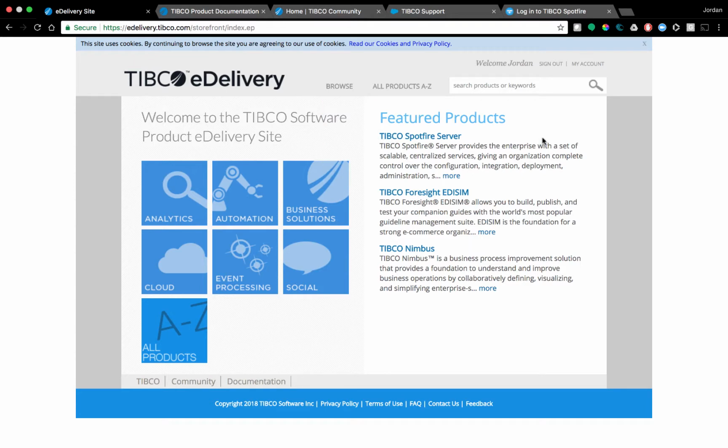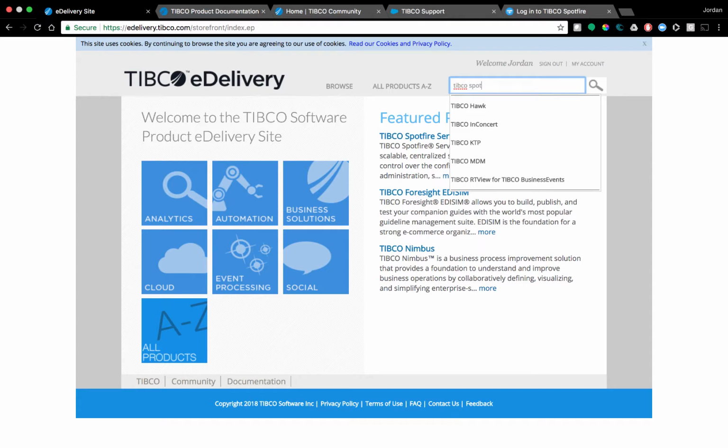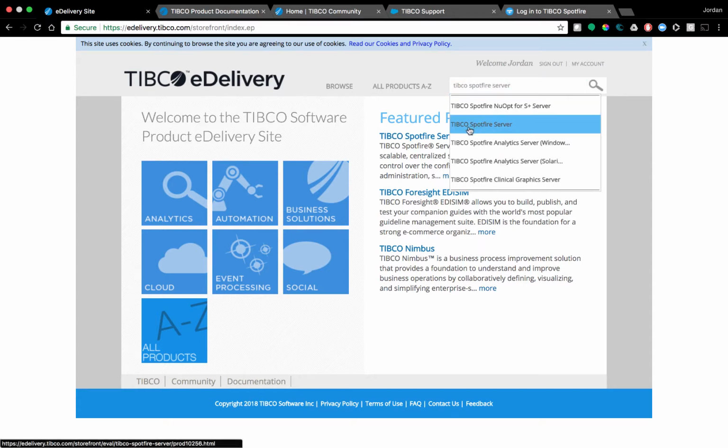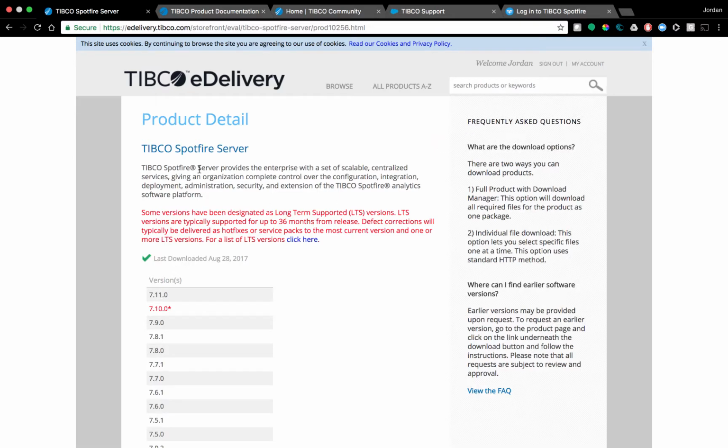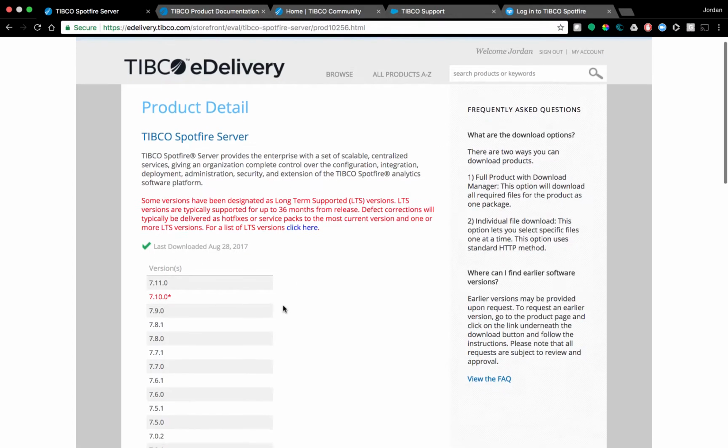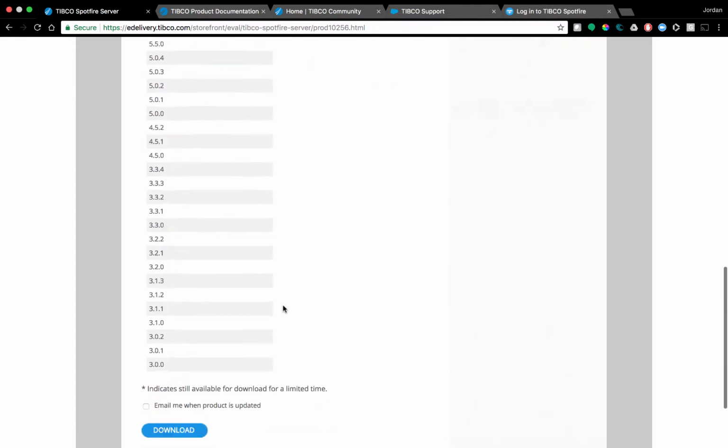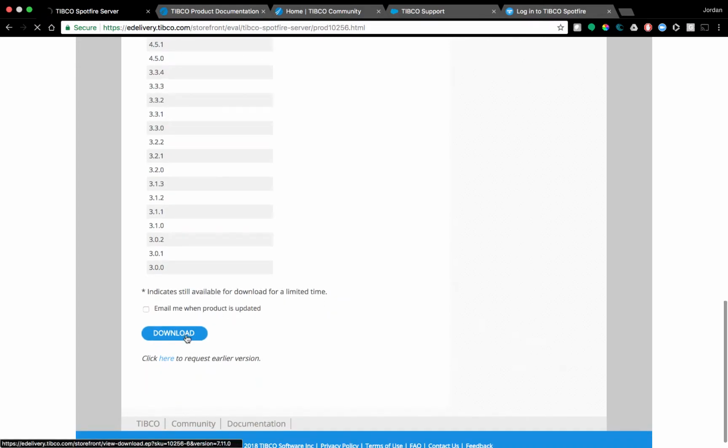So there's two things you're going to need to install Spotfire. The first one is the TIBCO Spotfire Server. I'm just going to go through the search bar to show you the process. And it's going to show you all the downloads that are available here. So you just need to scroll down, click download,